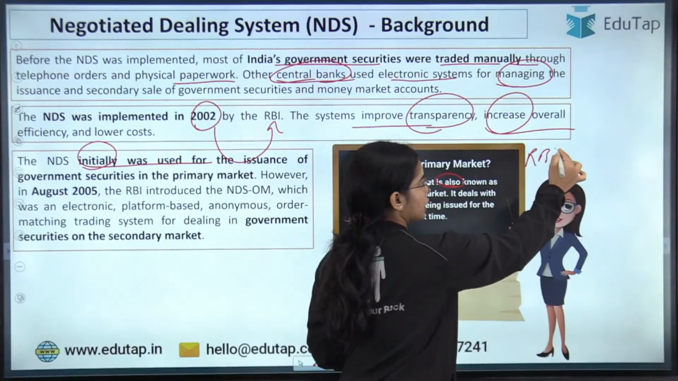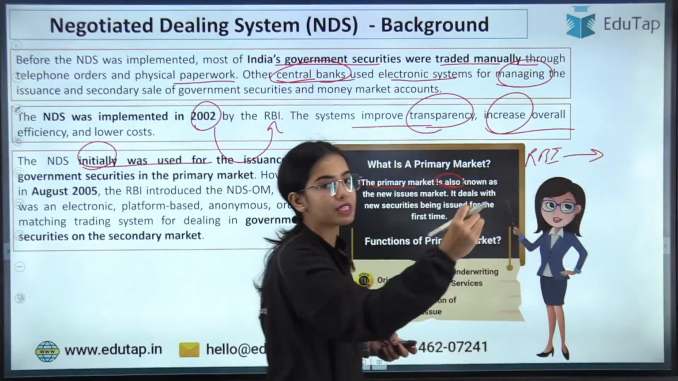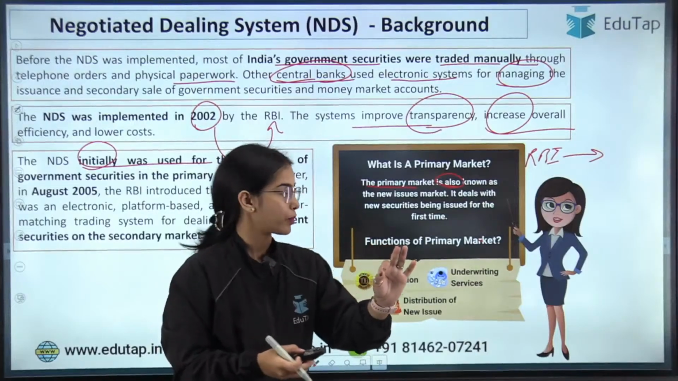So RBI issued the new government securities through this NDS system. Okay. Now,